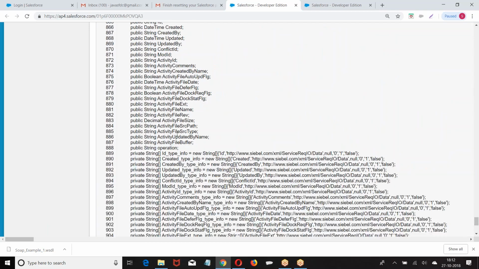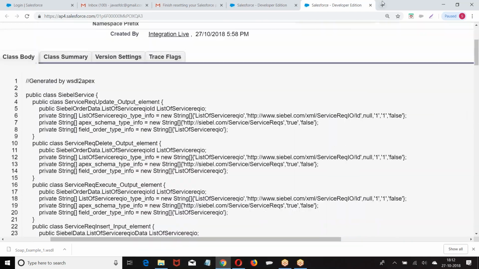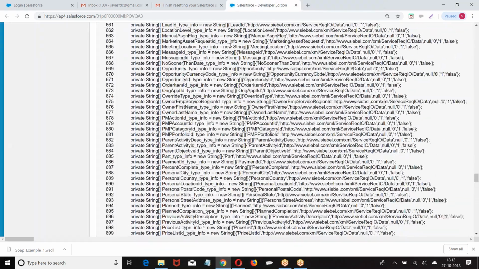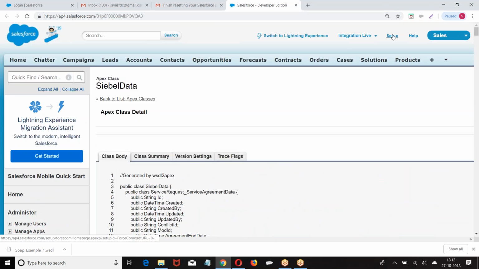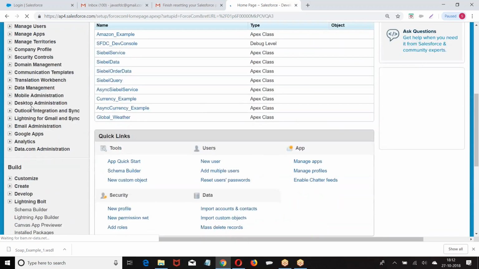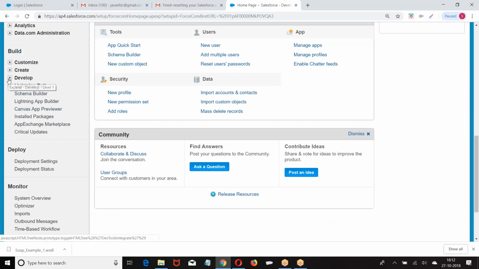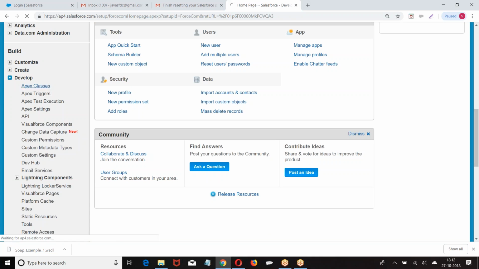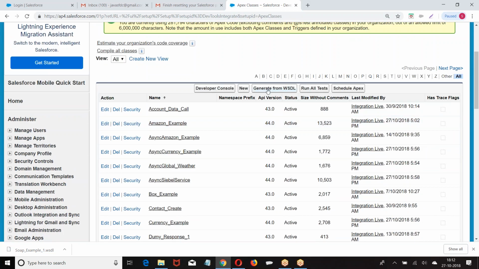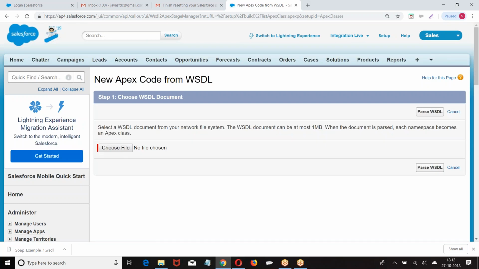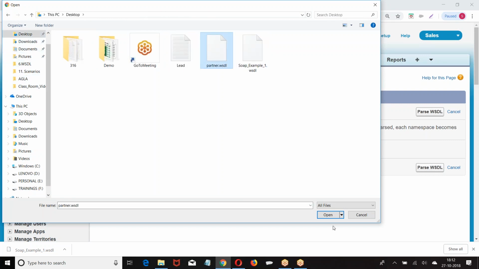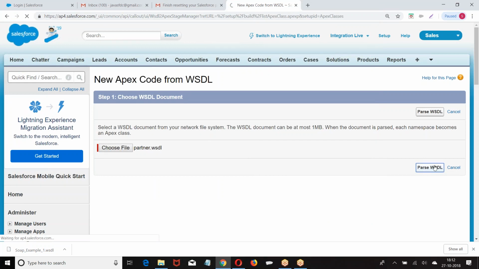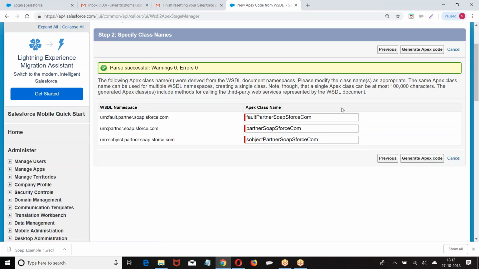Then go to your integration account. Setup, build, develop, Apex classes, generate from this. I give the visual file and I'm taking it here.